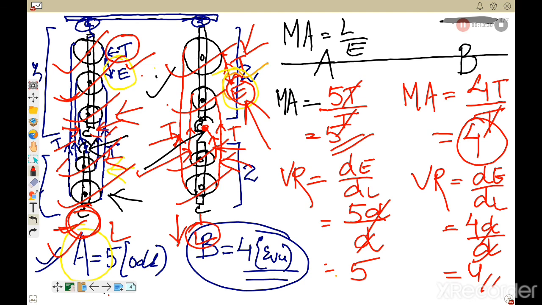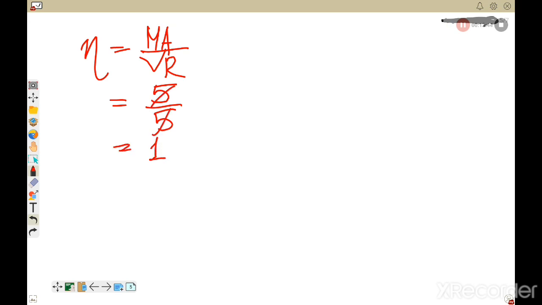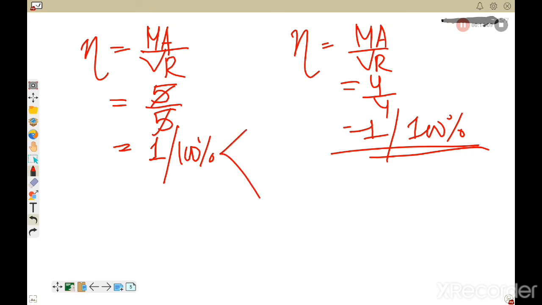So now let's find the mechanical efficiency. Now efficiency equals, you know the formula, MA by VR. In the first set you got VR and MA equal to 5 and 5 each, so you will get 1, or you can write 100% as the efficiency of this block and tackle system. For the second also, MA by VR equals 4 by 4, that is 1, or you can write 100%. Now since you know that there is no machine which is 100% efficient, so this block and tackle system will also have efficiency how much? Less than 100%,